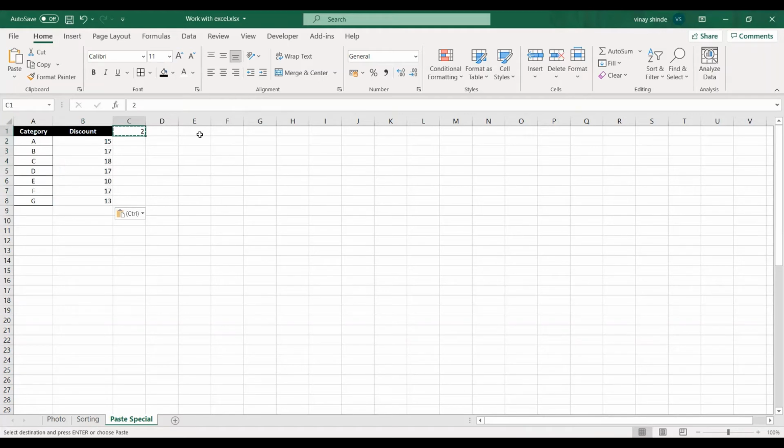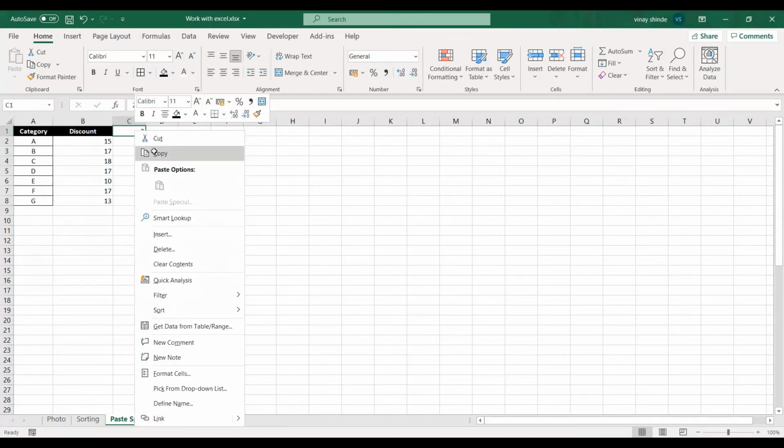Similarly, let's say the company has decided to add 2% more discount to each category. So again, I'll mention 2. Now I want to add 2% to each category. So again, I'll select this cell C1, which contains 2% discount. That is, we are going to give an additional discount of 2%.